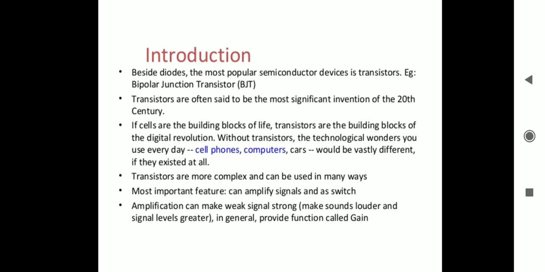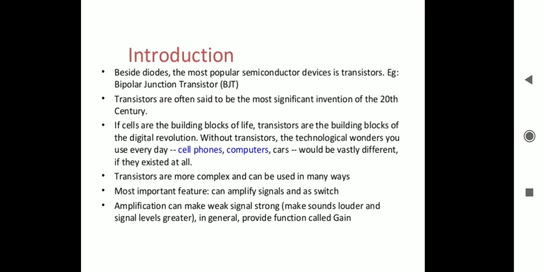The main advantages of transistors, compared with vacuum tubes, are these. As you know, vacuum tubes have a large size. So the number one advantage of the transistor is small size, light weight and ruggedness. Number two, it does not require any filament power.